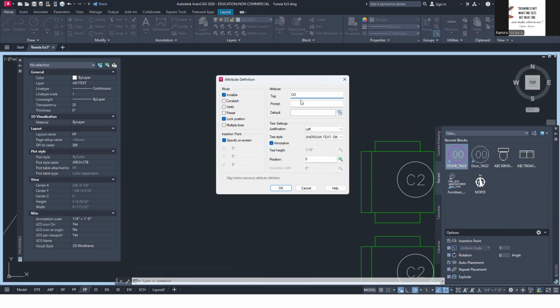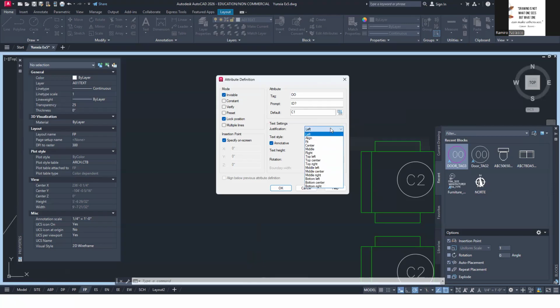That actually gives me a good size value. Okay? But here I will type ID as the prompt, question mark. And then the default is, let's say, F1 or C1 for chair.